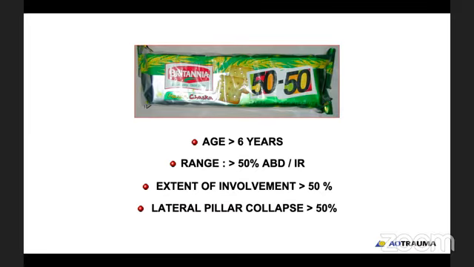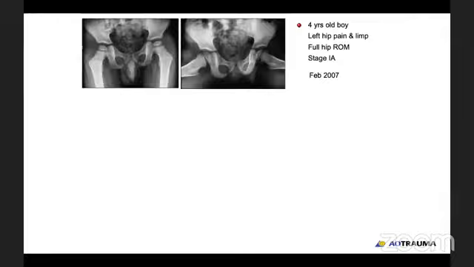So basically, the 50-50 rule tends to work well for Perthes disease, only when it fulfills all of these parameters is the child a candidate for a containment surgery. Having said that, let's look at a few examples, because it's so difficult unless we put cases together. Only when we see each individual case, working on all those 5 decision-making parameters, the age, the stage, the range, the grade of involvement, and the severity of collapse, can you come to